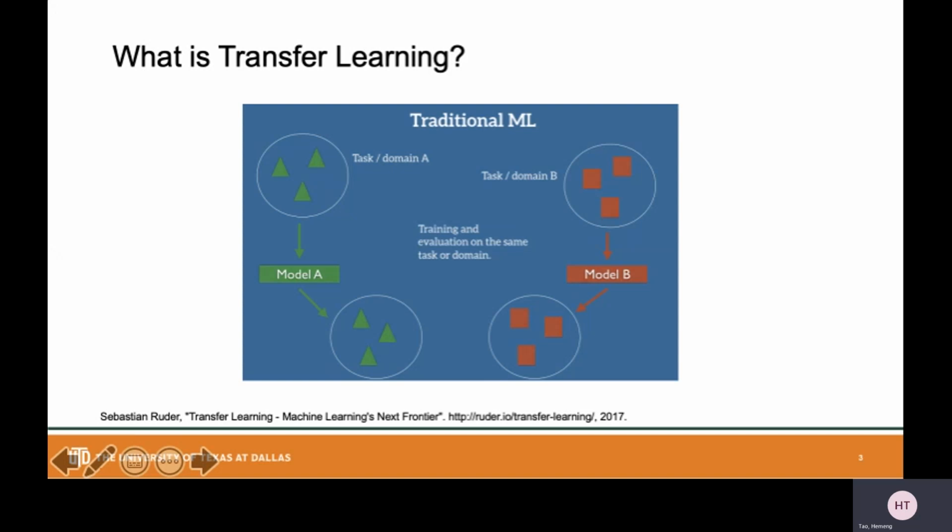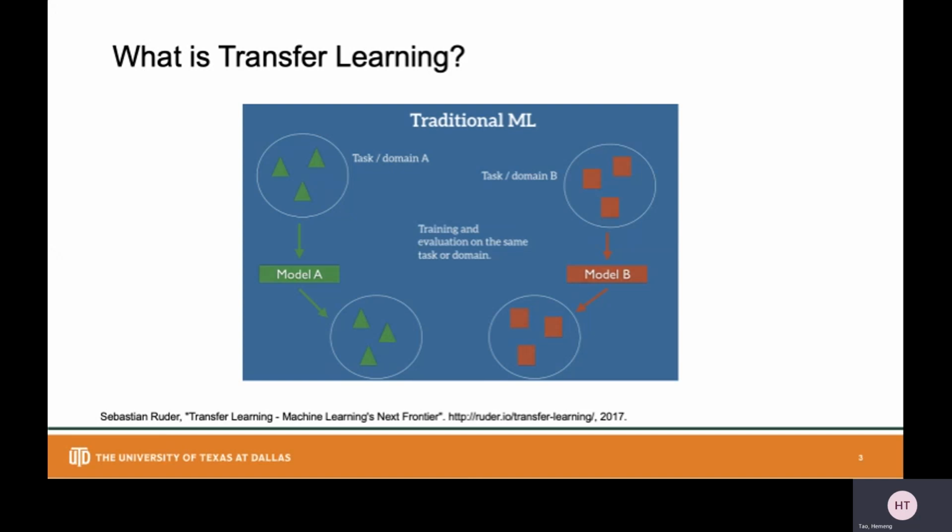Here is a figure of traditional machine learning. You can see in the classic supervised learning scenario, if we intend to train a model for some task A, we assume that we are provided with labeled data for the same task and domain.